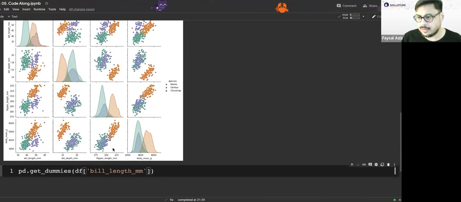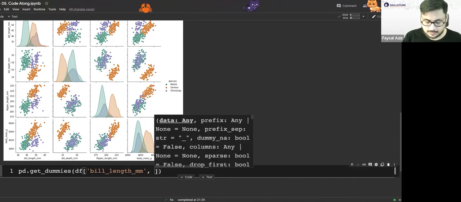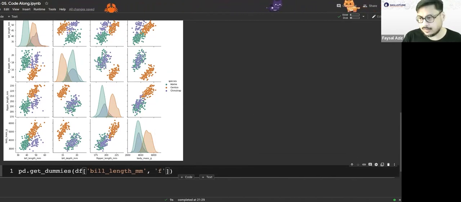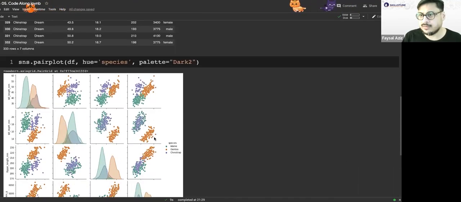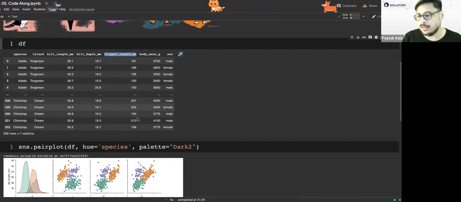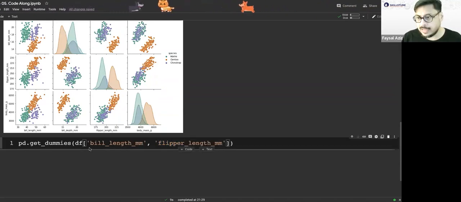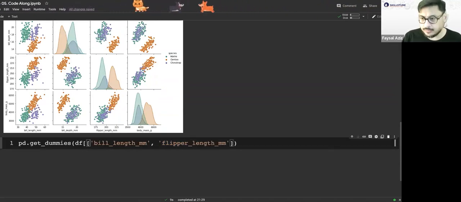Bill length and flipper length. I'm going to use these two features: bill length and flipper length. I don't want to make a spelling mistake, so I'm just going to copy and paste flipper length. Flipper length mm. Okay, yeah, mm. Definitely missed that out. And the syntax requires that you pass it as a list.